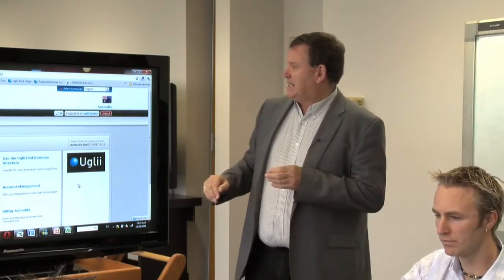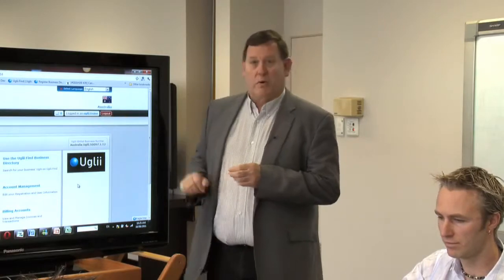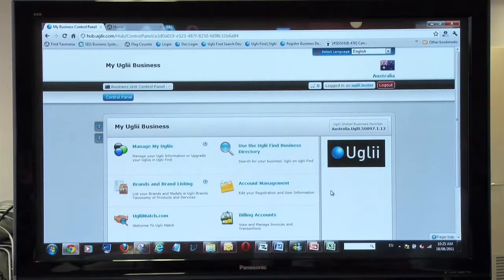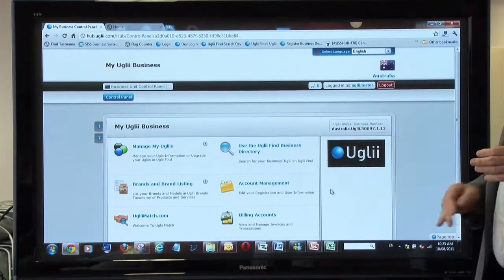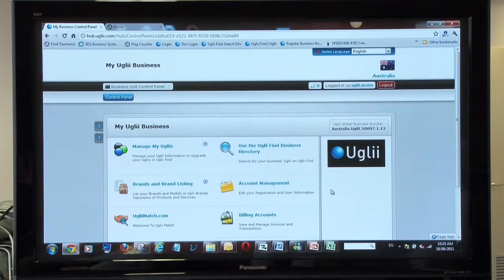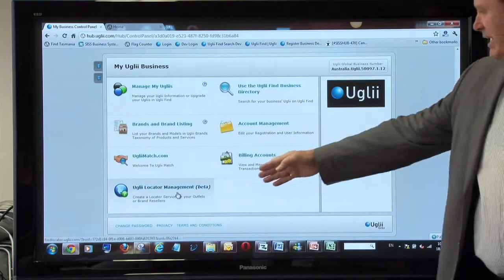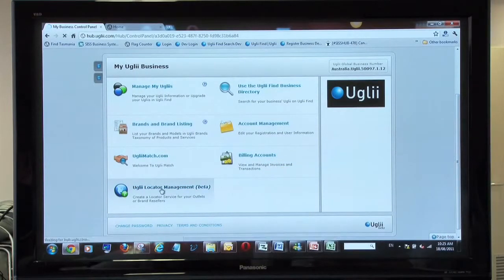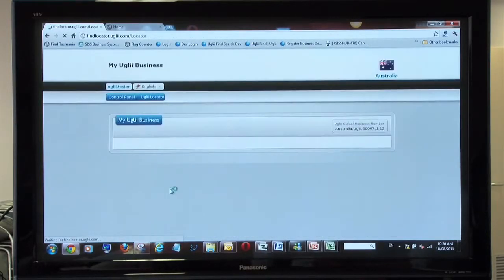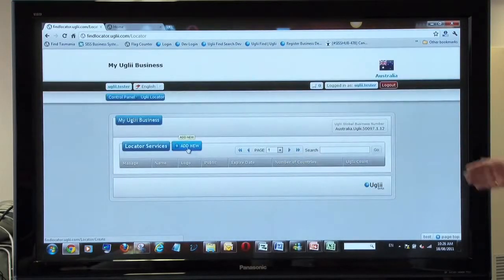We're logged in as just an ordinary business here called My Uglii Business, which is one we've just created for this demonstration. And on the business unit control panel, we have a locator button down here. Okay, Brett, let's open up and create a locator. Okay, so as you can see, there's none here, so Brett's going to click on the Add New, and we